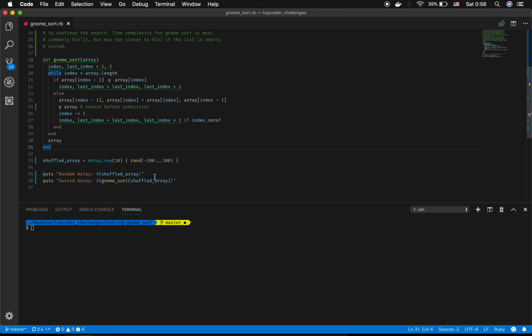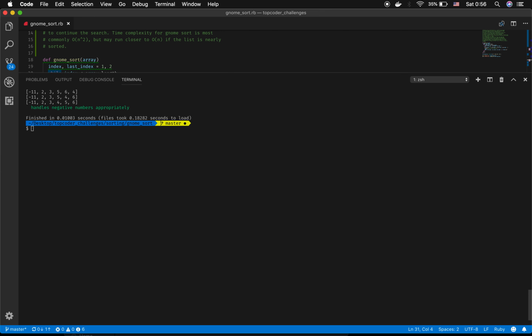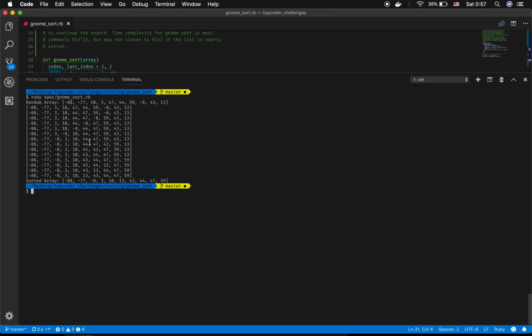Let me make sure my file is saved. We will make this window just a little bit bigger so we can actually see what's going on. Clear our screen and run the code. Now this is again Ruby, and we are in the RSpec file, the spec file, and the file name is gnome_sort.rb. Okay, so as we can see, we took in a random array of -88, -77, 10, 3, 47, 44,